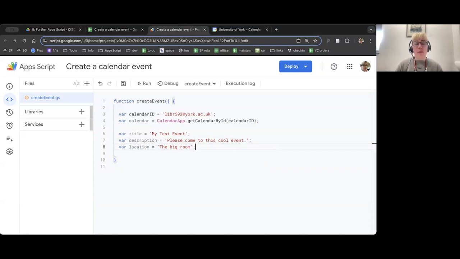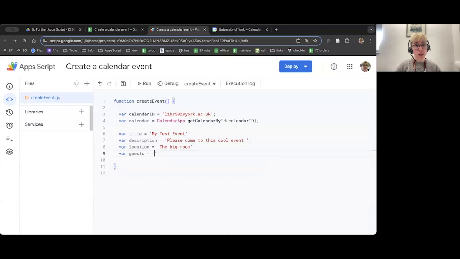What else? Well, I probably want to invite some other people to this event. So I'm going to hit enter, var space guests. And then I'm going to do space equals sign space. And I'm going to do some quotes again because it's a string. Now, there is specific formatting for guests. It needs to be with their email address, and you need to separate it with a comma. So you can do as many guests as you want, but they need to be separated by a comma.